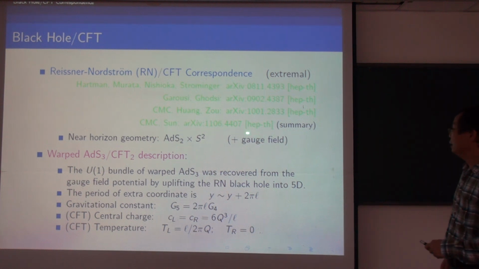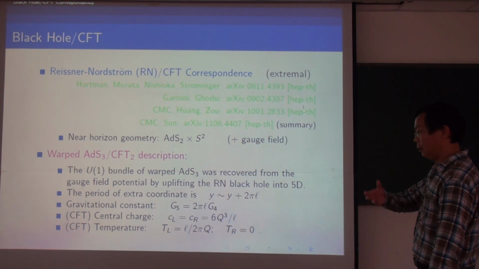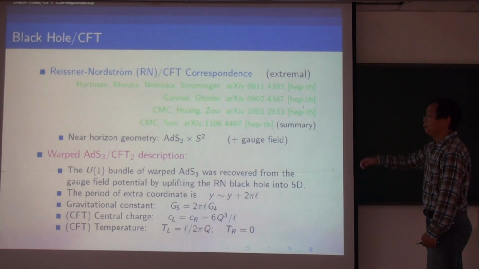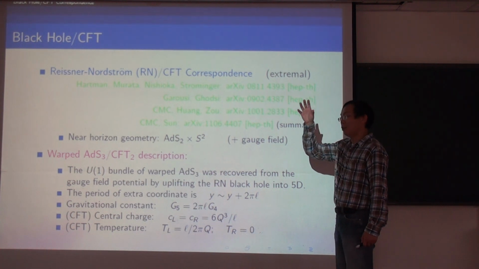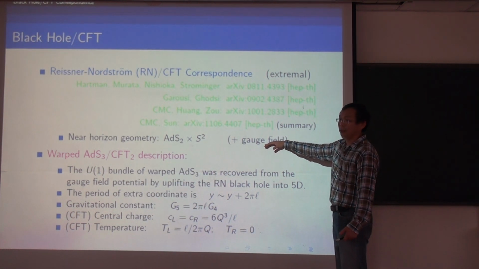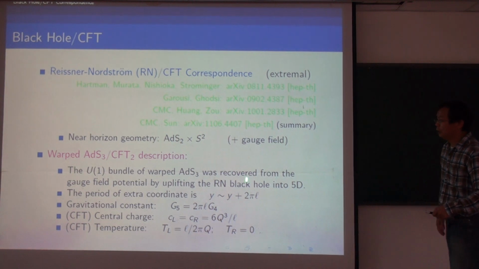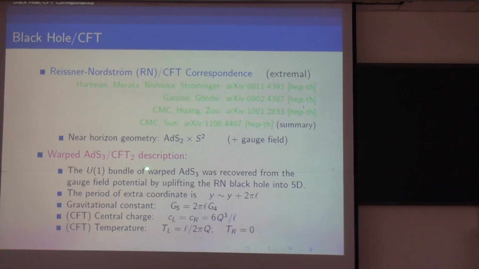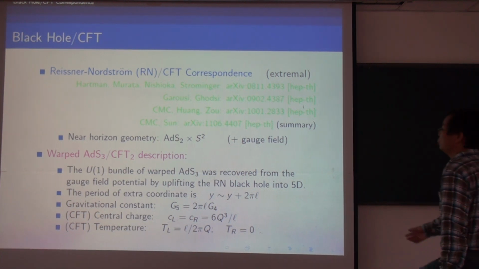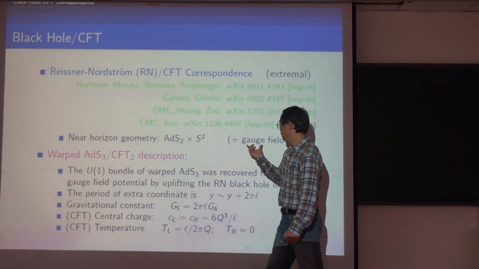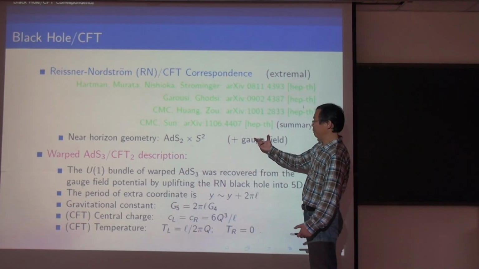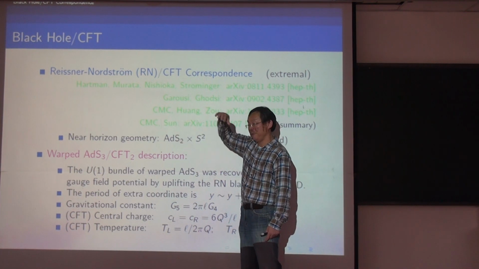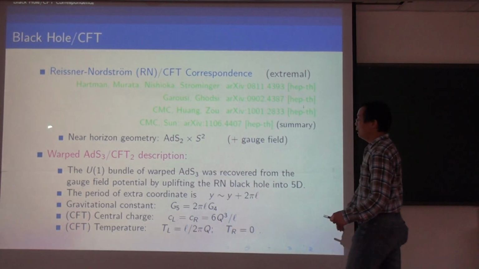Try to embed the U1 gauge field as the geometry by uplifting the solution to 5 dimensions. Because in 5 dimensions, the Kaluza-Klein vector is just like the gauge field in 4 dimensions, so we can uplift the solution into 5 dimensions. Then in 5 dimensions, the AdS2 plus the gauge field: because we uplift, the gauge field part is already included in the part of the extra dimension, and then that part combined as